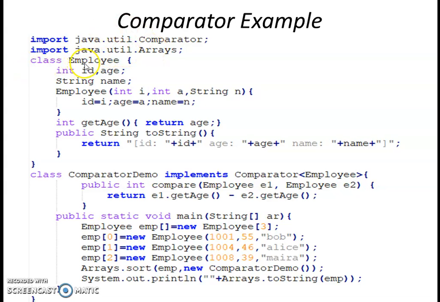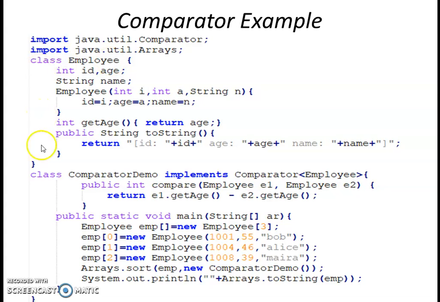Now we have class named employee, we have instance variables, we have one parameterized constructor, we have one getter method to get age of employee. Next we are overriding toString method to display a friendly message. So here you can see employee class is not implementing any interface.